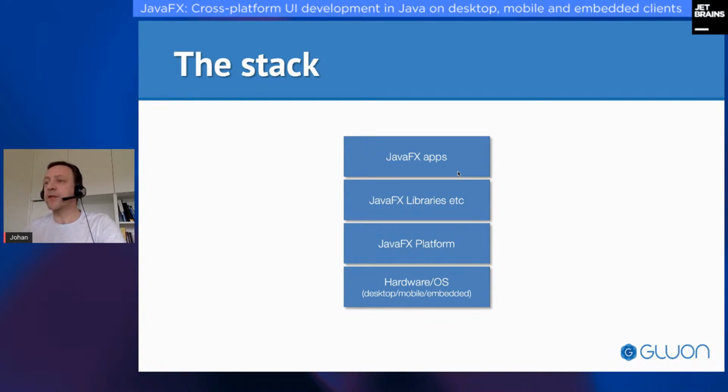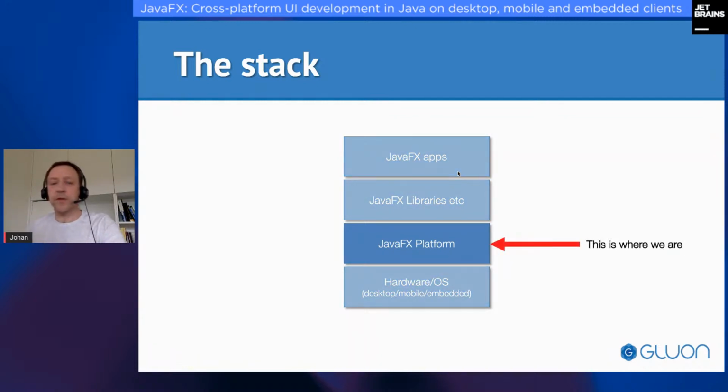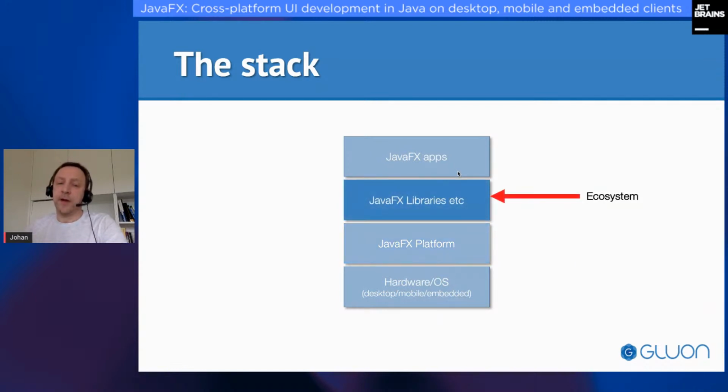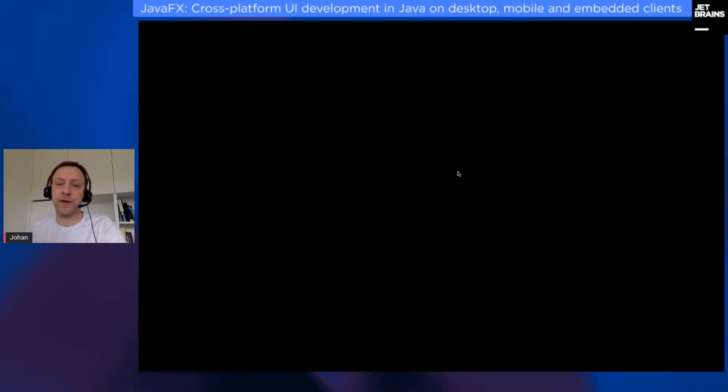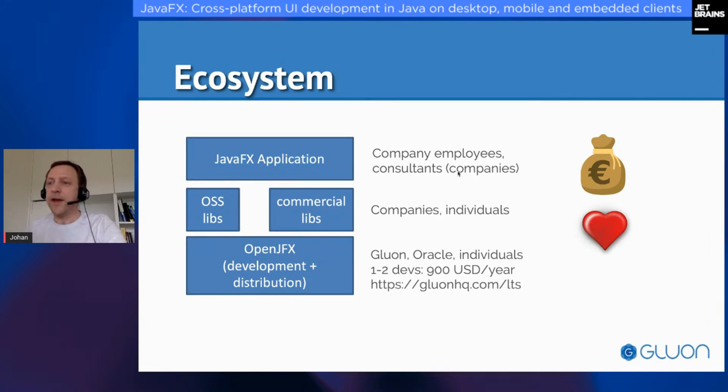So remember this stack from the beginning of the presentation. We typically discuss the JavaFX platform, and there's a huge ecosystem that's leveraging this platform, where libraries are created, and on top of those libraries, applications are created. Those applications are typically created by consulting companies or employees of a company and so on. They use free or commercial libraries, and then they use the OpenJFX distribution. It's important to mention here that the OpenJFX code base itself is mainly developed by Gluon and Oracle, with lots of help from individuals and very clever